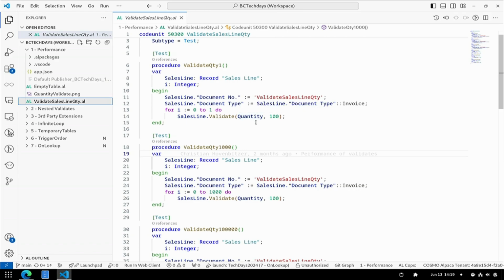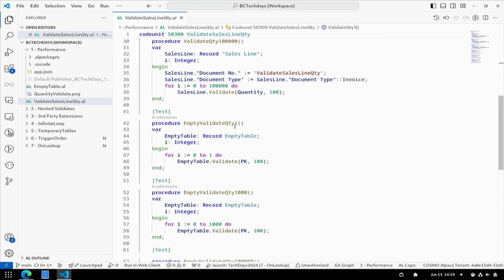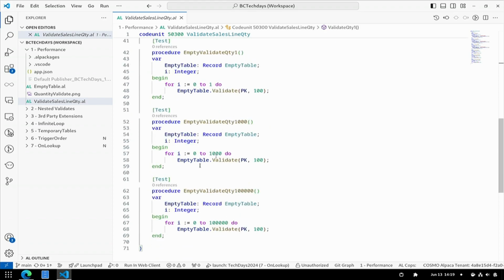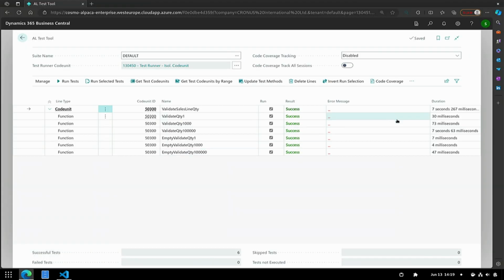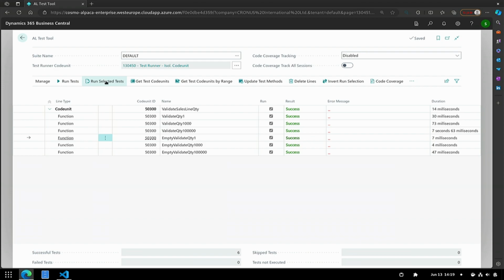Right, so there's a lot of code you probably have to scroll to find it all, and there are procedure calls and everything in that. And here we have an empty validate on a table I created. So there's really no overhead for that. And as you can see, maybe I run this test isolated. Oh, it doesn't change anything.